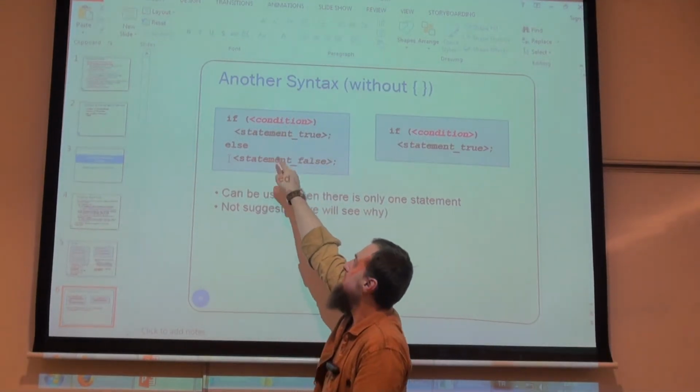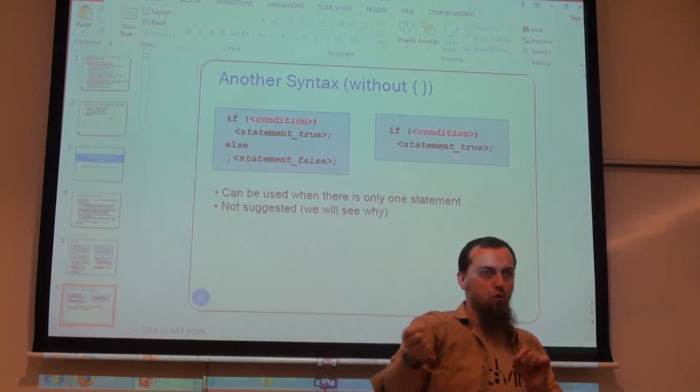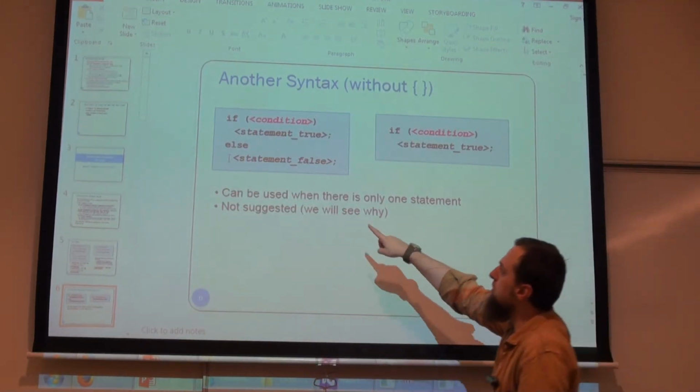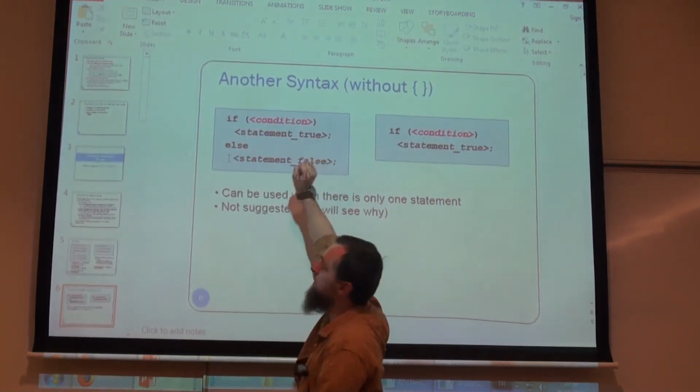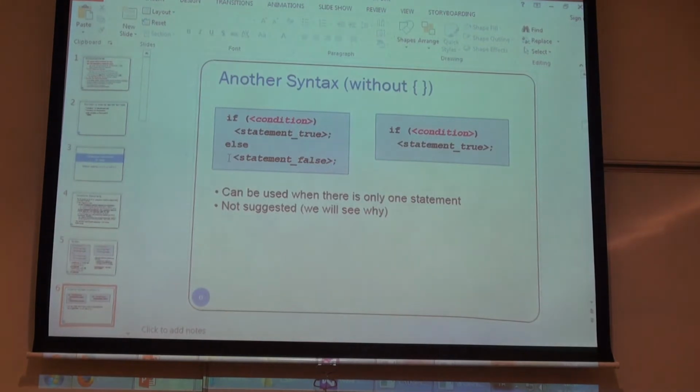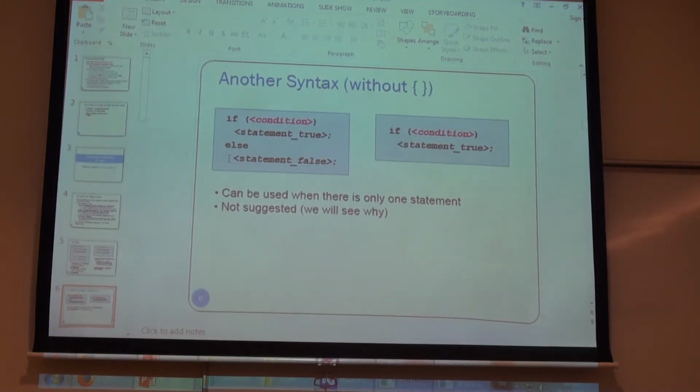We have a condition. This condition, this statement here, can be true or false. If this condition is true, this part is executed. Otherwise, if this is false, this part here. So the syntax basically goes like this. We have if, let's say that we have a condition here. And this condition, by the way, can be true or false. If this is true,